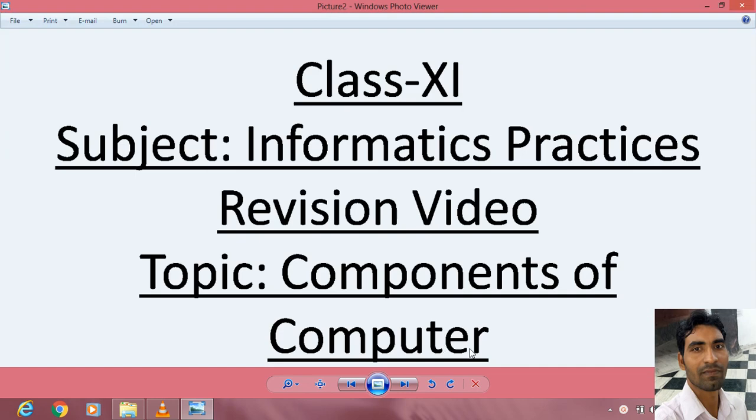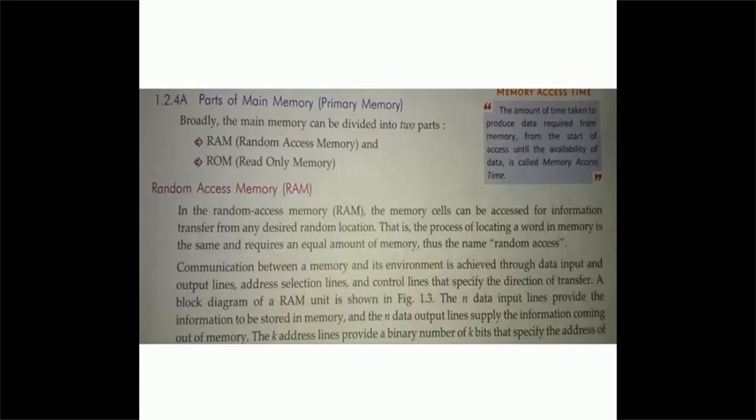Students, you must have seen the last video. In the last video I told you about the different components of computer, including computer memory. You must have learned about primary memory and secondary memory. There are two types of computer memory, primary memory and secondary memory. Today in this video you will learn about primary memory, and in the other video you will learn about secondary memory. So primary memory, or main memory.